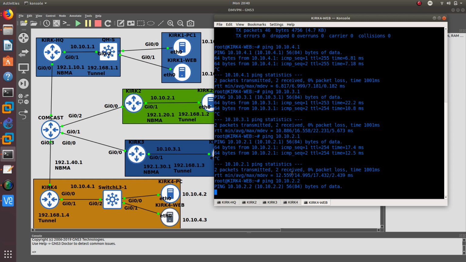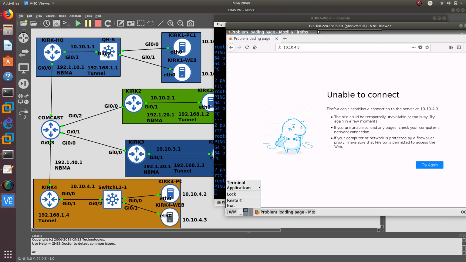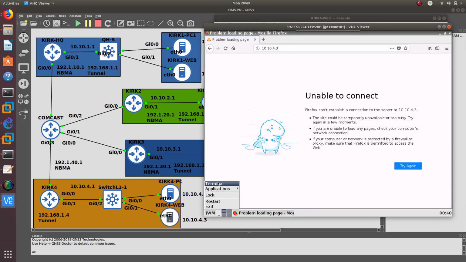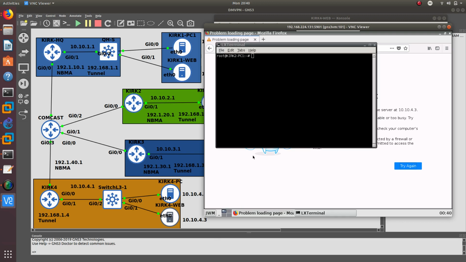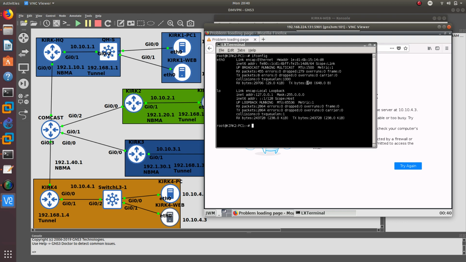So let's see what's going on with this PC. There's something going on over here. Let's do an ipconfig. It probably doesn't have an IP address. Yeah, we don't see an IP address. So let's configure an IP address. You can do ip interface 0 of 10.10.2.2,